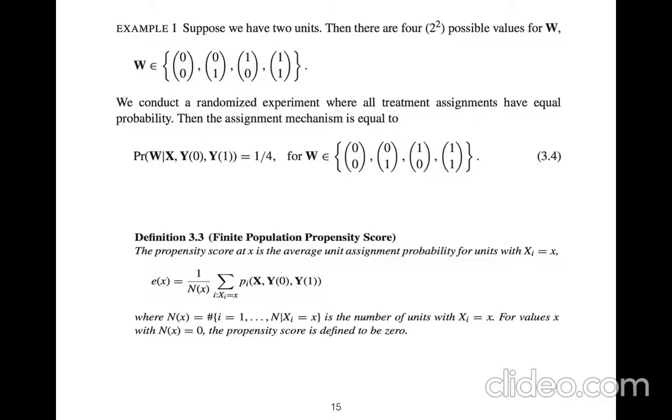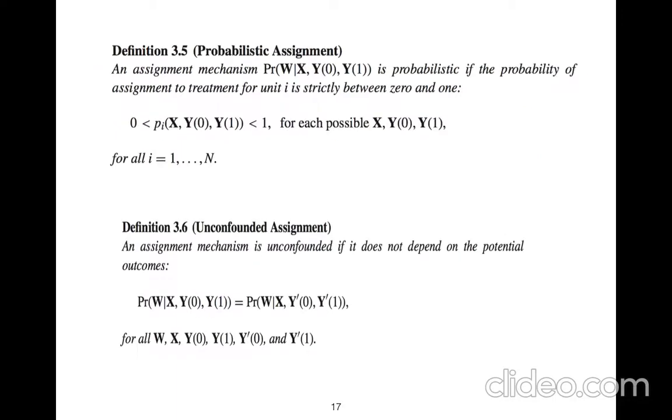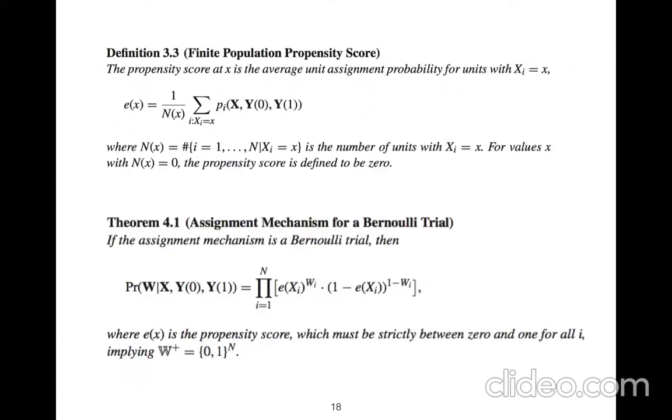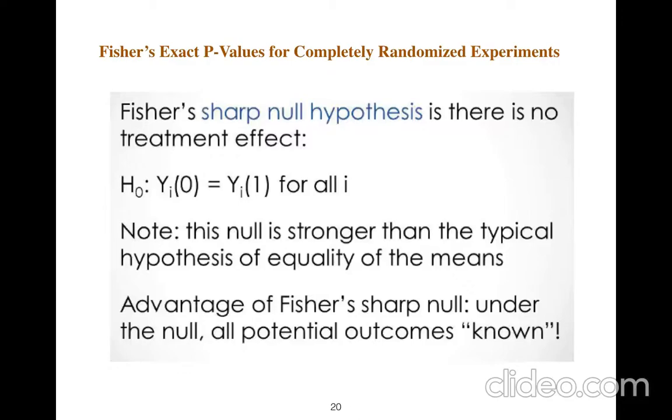And these are very typical definitions in these books that I introduced. So the most important thing is propensity score, and so Fisher